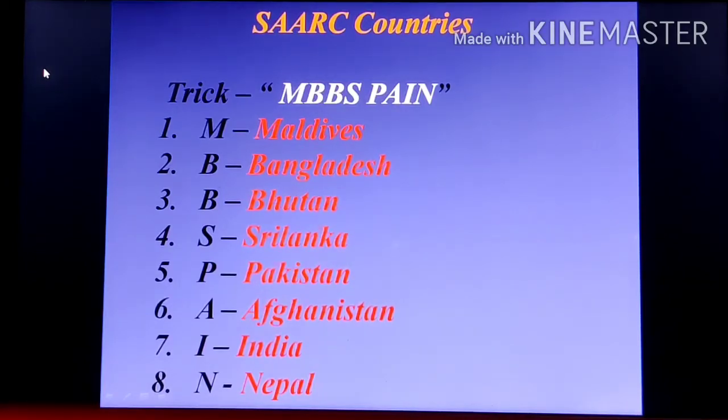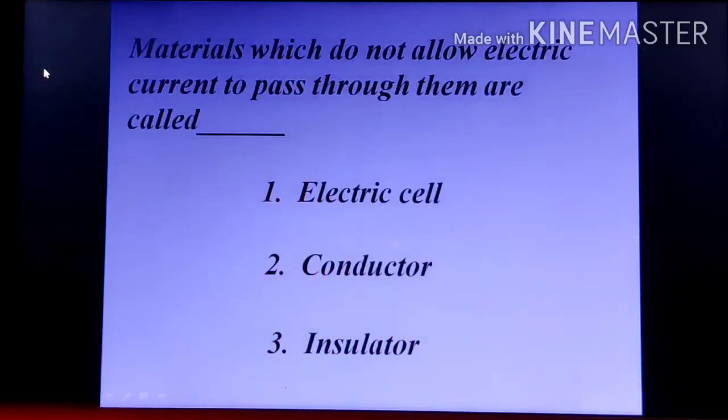So what is meant by M? M is Maldives, B is Bangladesh, B is Bhutan, S is Sri Lanka, P is Pakistan, A is Afghanistan, I is India, and N is Nepal. So by this shortcut you can remember. Best of luck guys. Next question is: